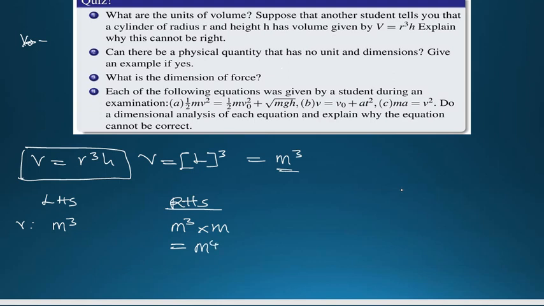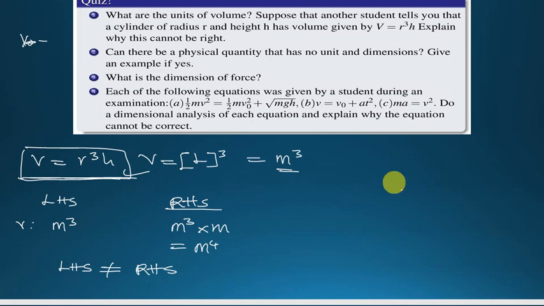Now you can see that the units on the left hand side are not equal to the units on the right hand side. So that means this formula our friend gave us was wrong. This is how you prove the student wasn't correct. Let's go ahead now and do